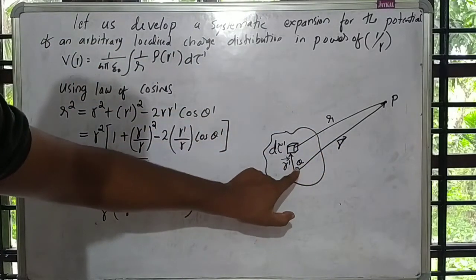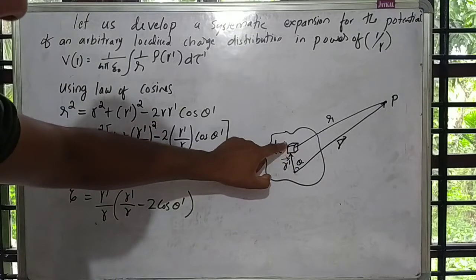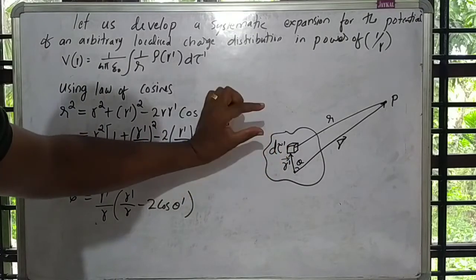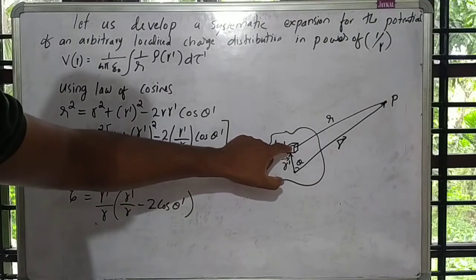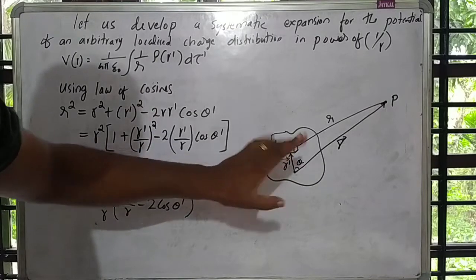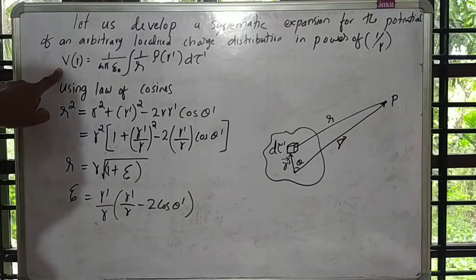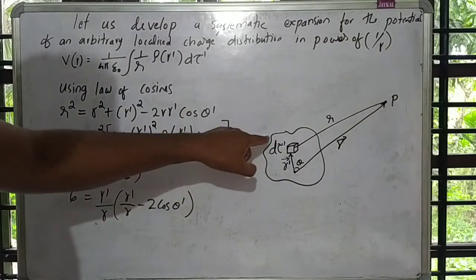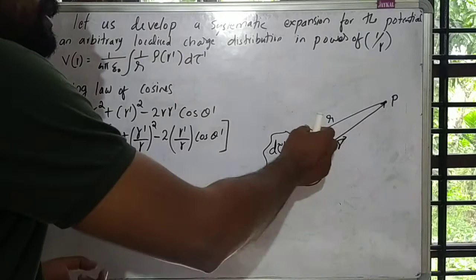This is the origin, which we are considering as the origin, and this is the volume charge density. This is a specific small volume d tau dash, and the distance between the origin and that small volume, where we are considering the charge distribution, is the vector R dash. Using this relation